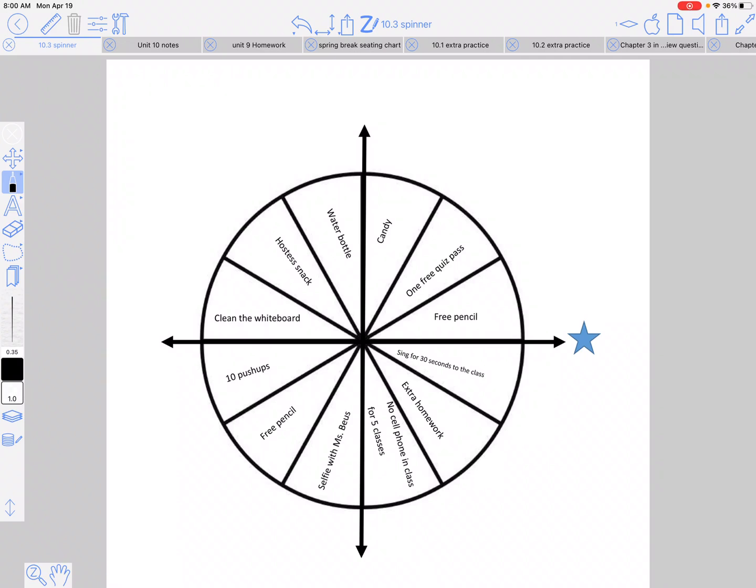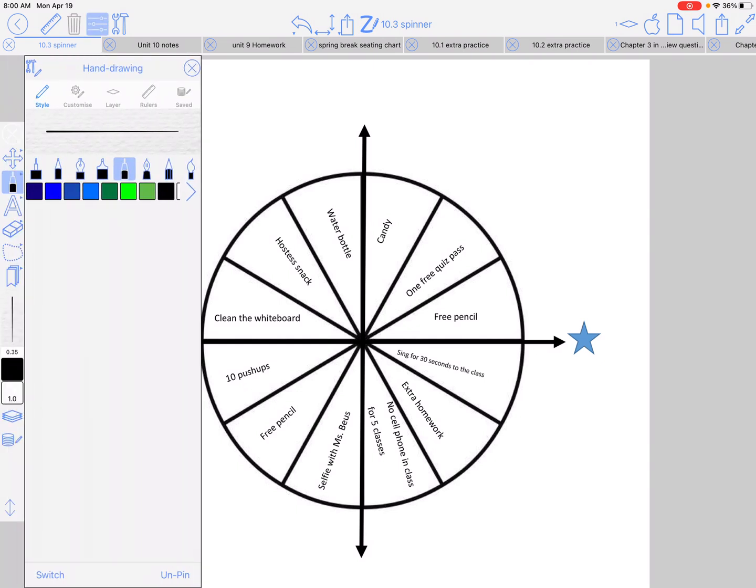All right, so hopefully you're on page 14 where we left off on the other video. This is 10.3 coterminal angles, page 14 in your packet. It obviously doesn't look like this, but we're going to have this in class, and I'm going to have a spinner on it, which is kind of hard for you to see. But if you read on the top of page 14, what's going to happen is the spinner always has to start